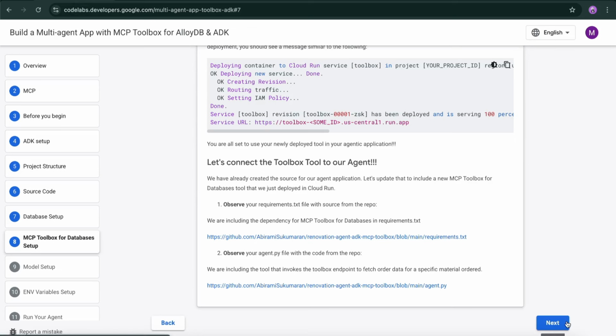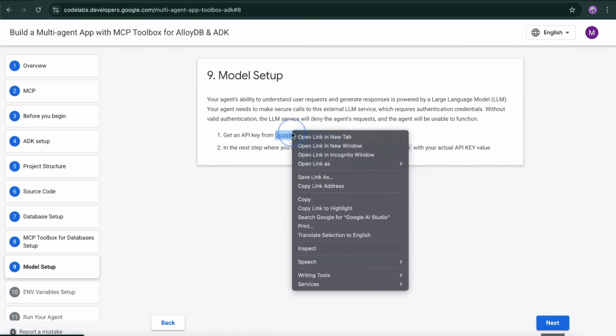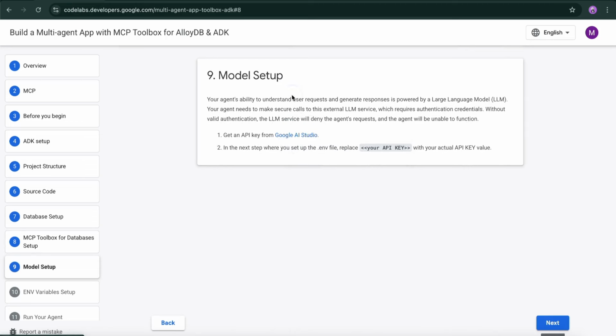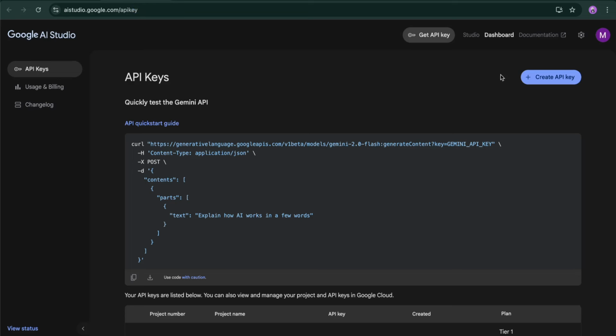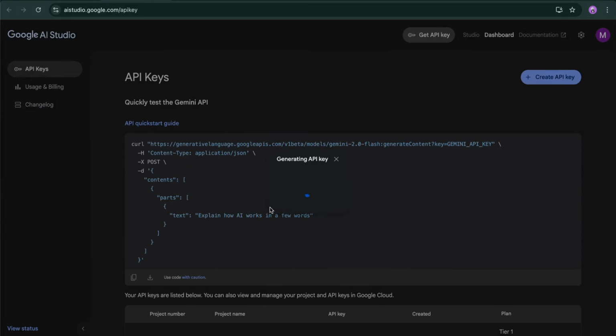So next thing that we need to do is we need to set up the model. So we'll go to the Google AI Studio, grab an API key and go to the env file and replace our environment variable for our API key. When you go to the create API key, this is already linked to your Google Cloud account. So make sure you are still in the same Google account because this API key will be required to run your LLM. I will choose my Google Cloud account, create an API key,